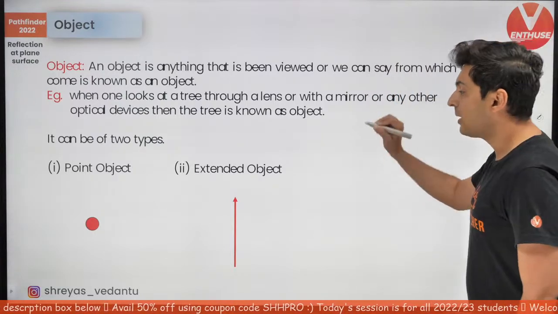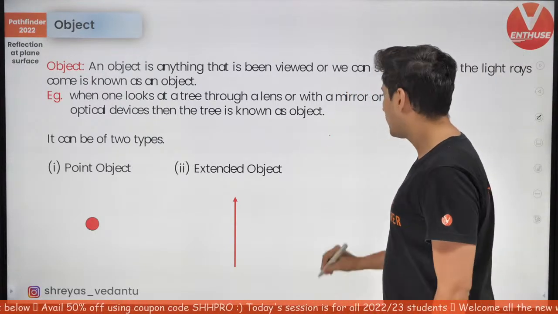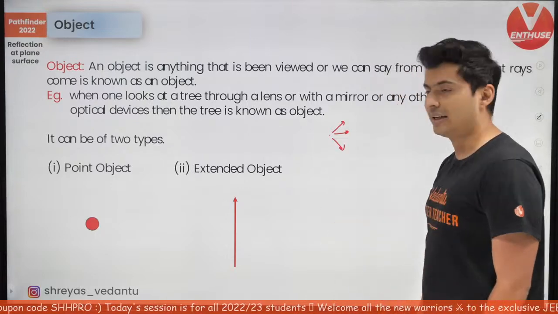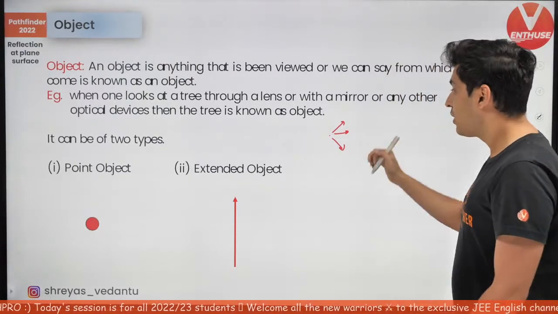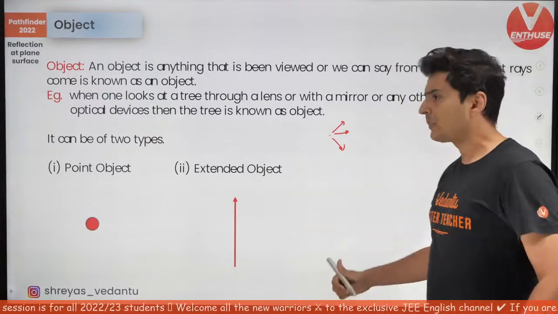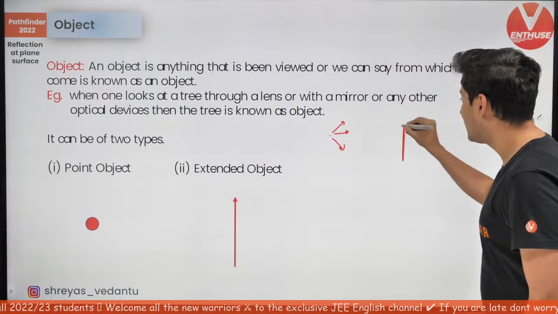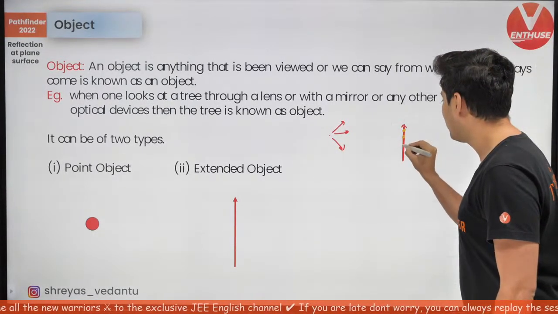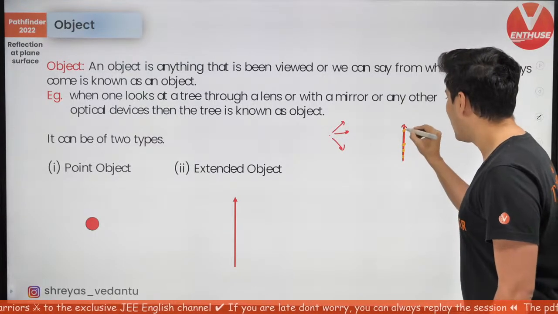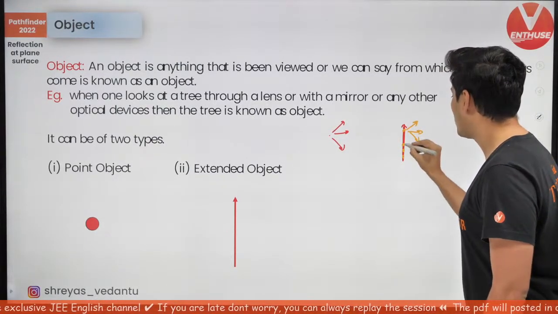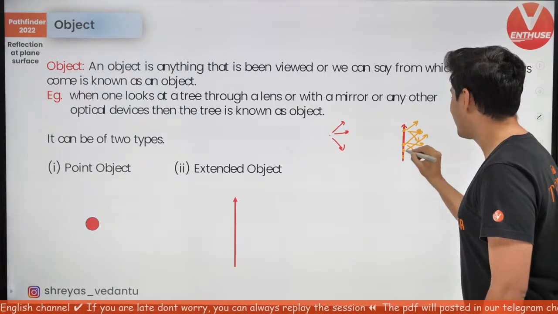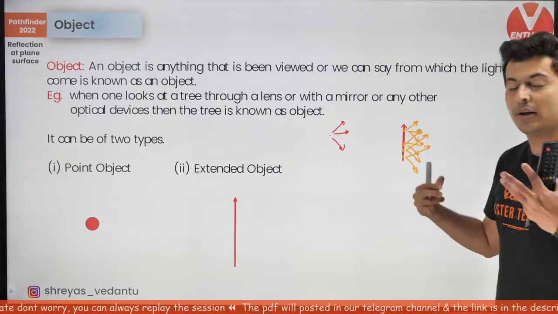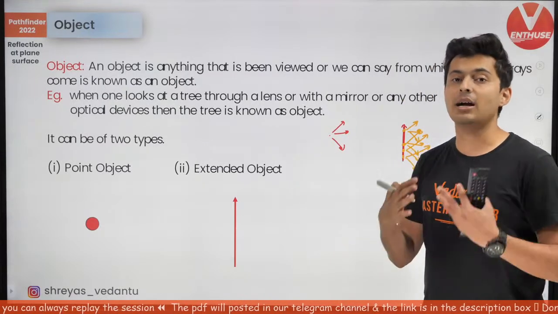The difference is, for a point-like object, it's just one point from which the rays will emit. It's from one point where the rays will emit from that object, or they might be reflected. But an extended object is made up of multiple points. Point 1, point 2, point 3, in fact, infinite points. And each point will give rise to infinite rays like this. So there will be many point objects which it is made up of, and many rays which will be coming out of it.